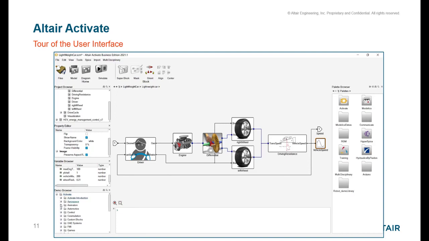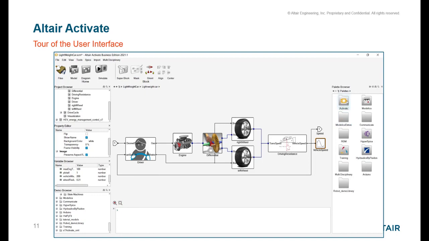really nice demo browser on the bottom left, which is a great way to explore the tool by bringing up some of our demo models organized in various domains, so you can get an idea of how you might go about building a similar type of model. There's a command window, an OML command window at the bottom for scripting with Open Matrix Language or Python as